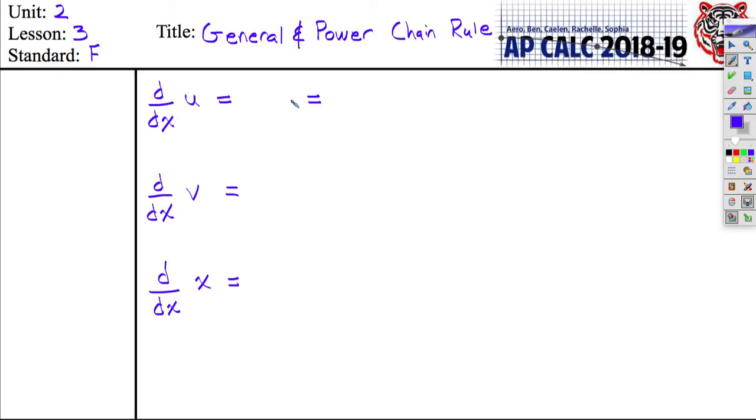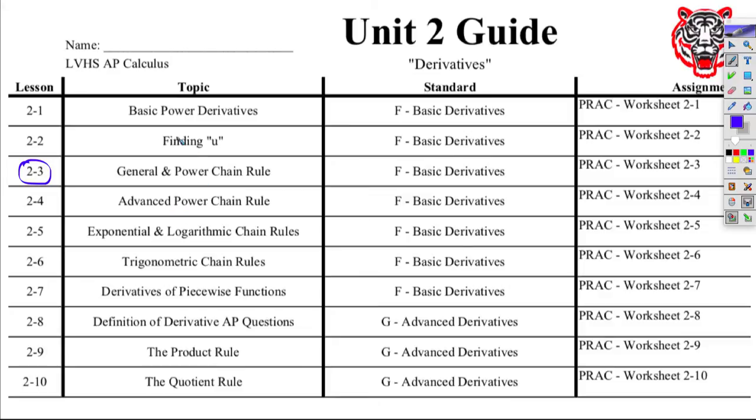This is AP Calculus Lesson 2-3. We're talking about the general and power chain rule. So here we are in our unit guide. We are 3/10 of the way after today, and we're doing basic derivatives for a while until we get down